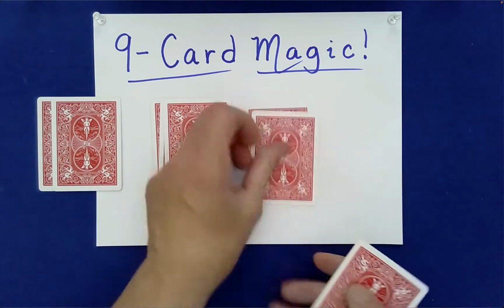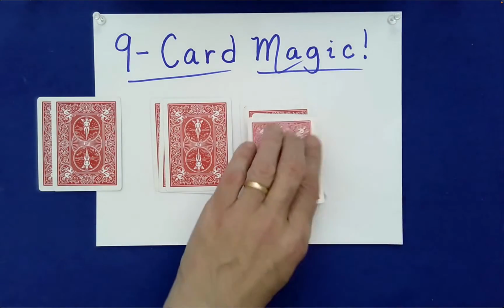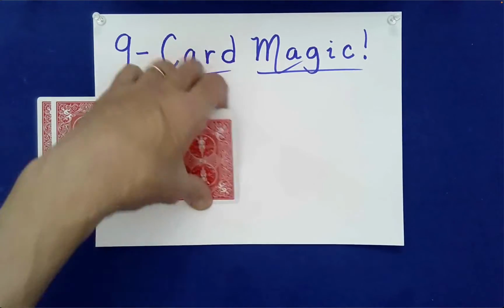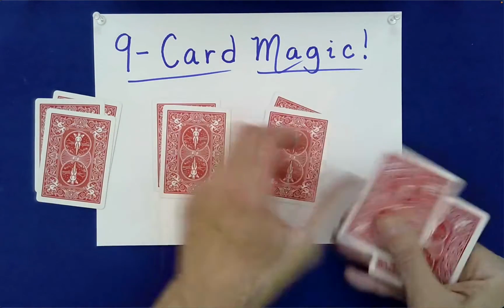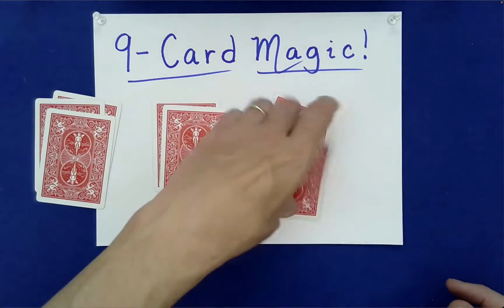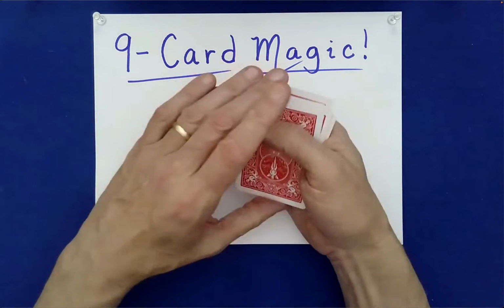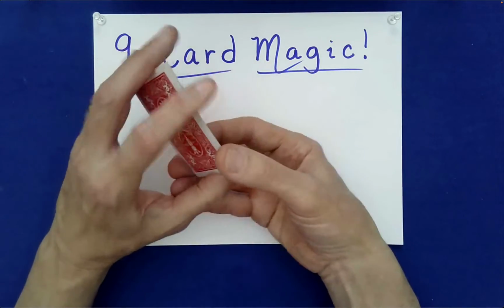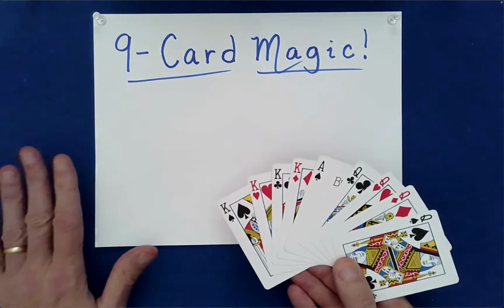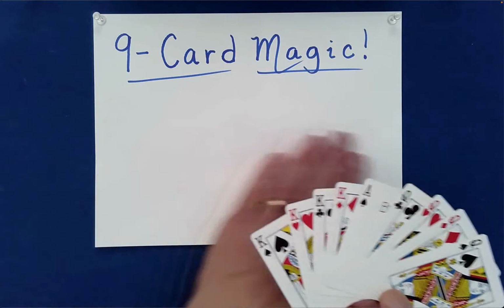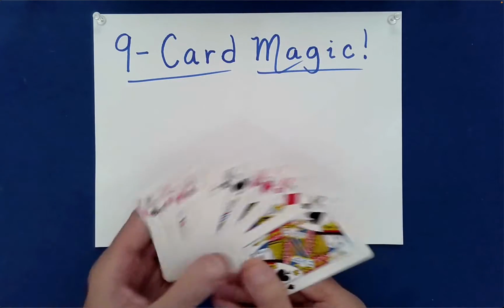This is where you just begin dealing out until the spectator says stop, and then you go on to the next pile, and then you stack in opposite order. That's inherent in the name, first shall be last, and the last shall be first. So that just means stack in the opposite order to which they were dealt. Now, if you do that twice, it returns the packet to its original order, because each one of those is a packet reversal. If you reverse a packet twice, it brings it back to its original order.